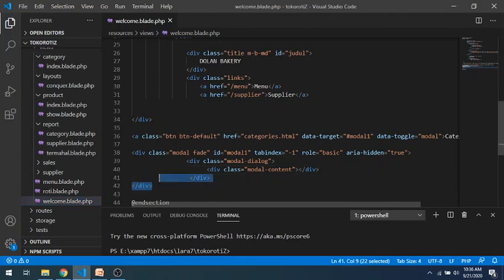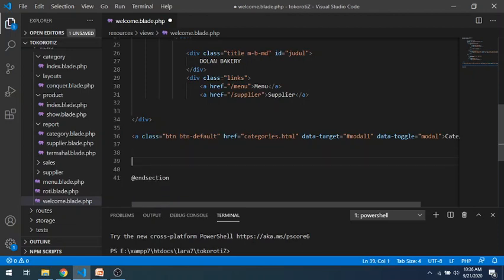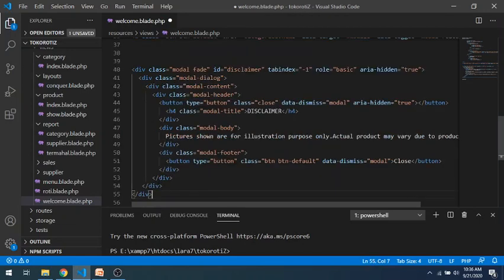This one may be from our previous meeting. We can cut it off. Okay, this is the modal, and it will still be invisible unless we call it.